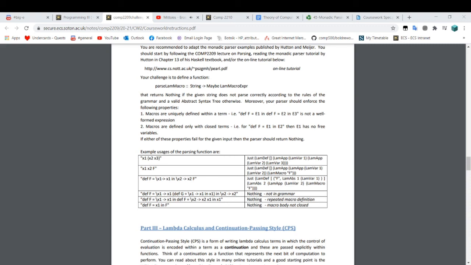So macro definitions. Check the two macros if you remember. We've got here. And how we did that, we just feed it the whole thing, right? And then it just checks with this. We do it with pattern matching. That's the name of it. Big brain. So what I'm going to do is I'm again write another function. So check closed macros, which is going to take a lambda macro expression. It's going to return bool,